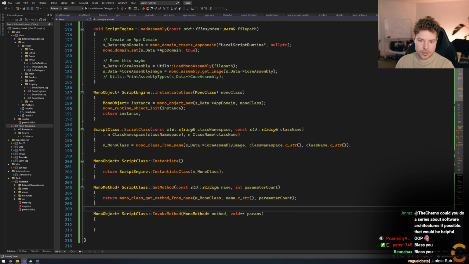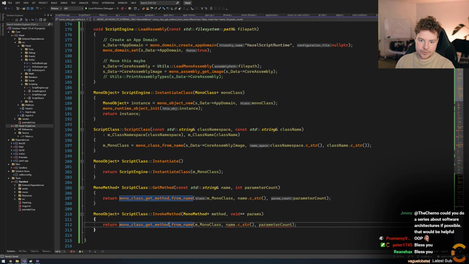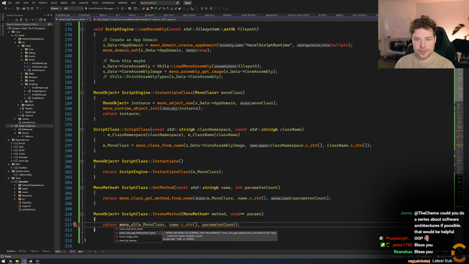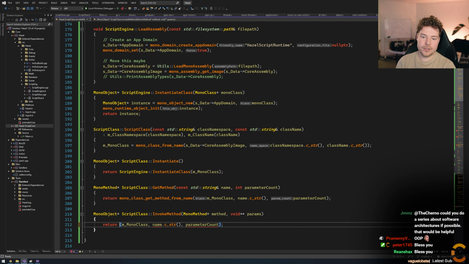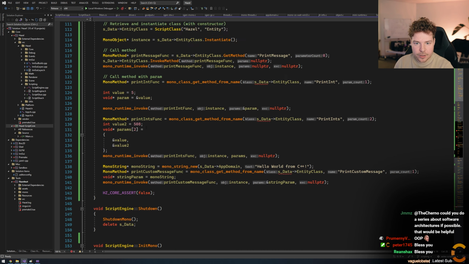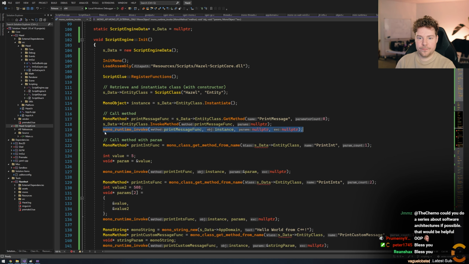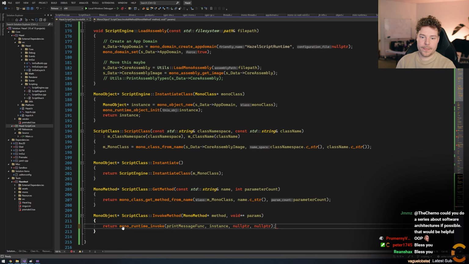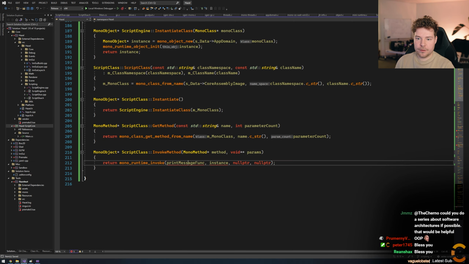It will probably change because it's going to be a little bit different. So what is it? Mono runtime invoke. I don't know why I'm doing this. Let's just copy it. Runtime invoke method instance.